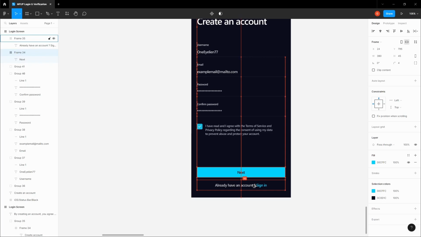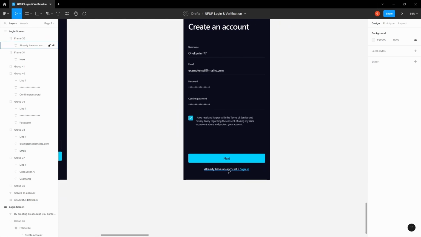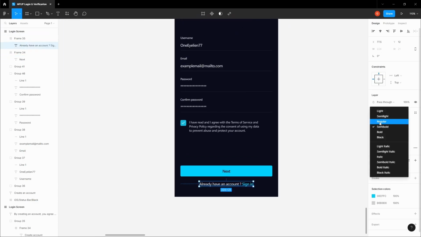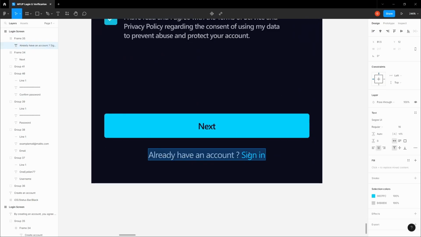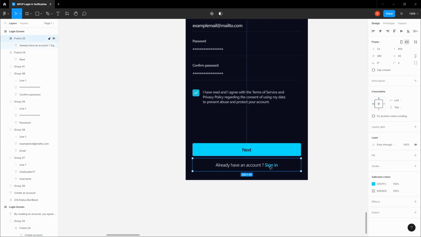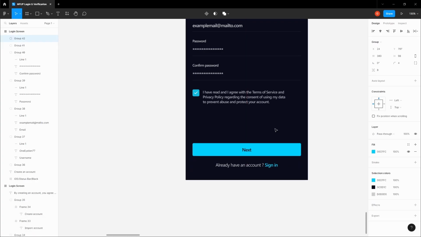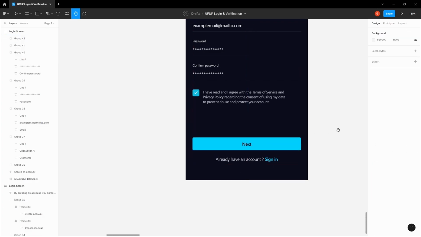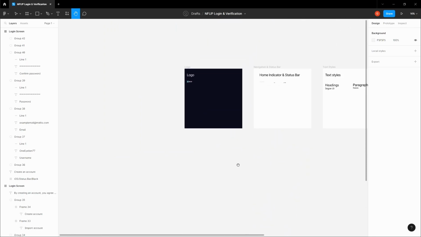They should be 12 pixels away from each other. Maybe 8. Let's try 8. Yeah, let's go with 8. Let's disable them to regular font weight, and this sign in should be semi-bold, just the sign in. There we go. Group them, position them a little bit up, and we're going to be adding the indicator here,